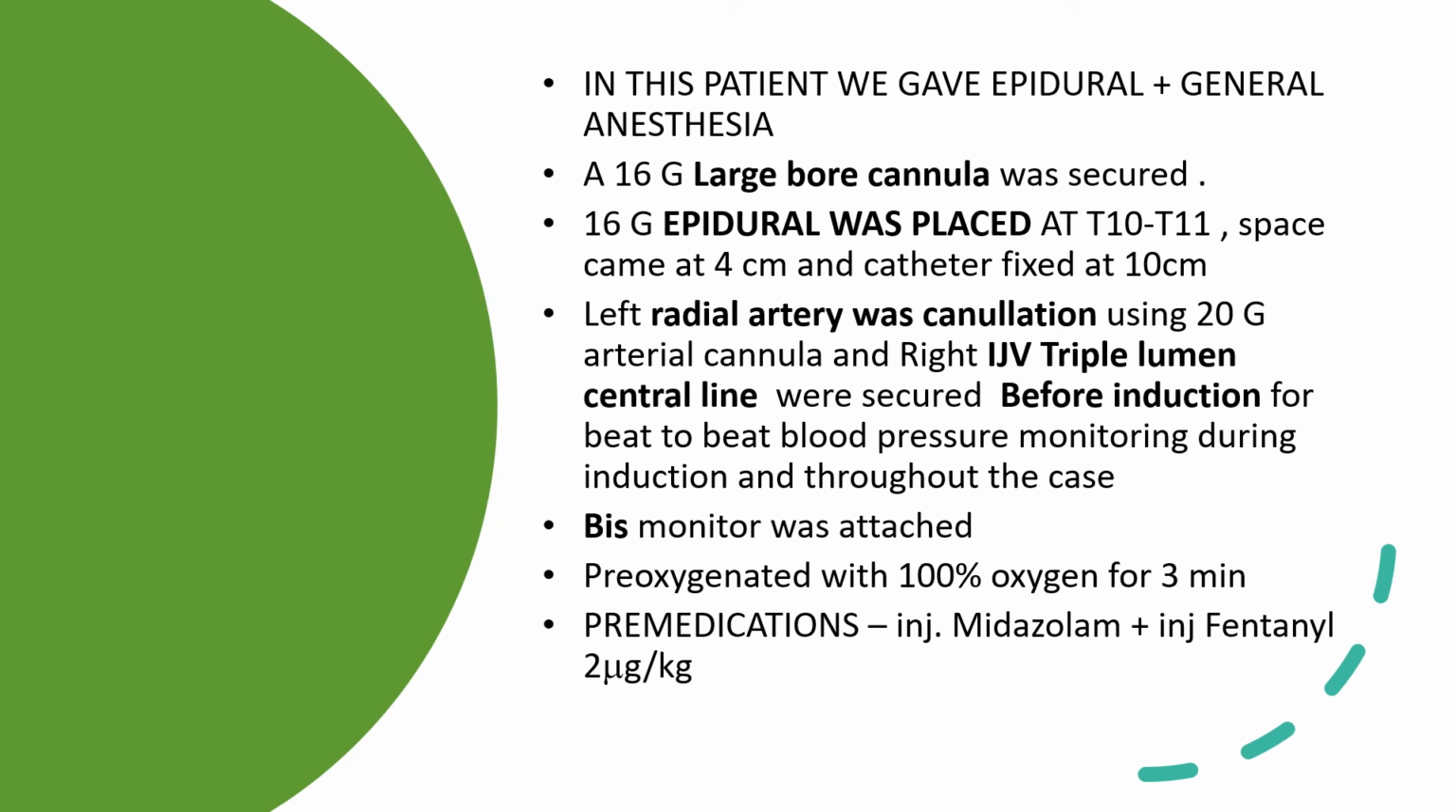The plan of anesthesia for this patient was epidural plus general anesthesia. Epidural for intraoperative pain plus post-op pain as well, and obviously general anesthesia since it was a major surgery. We secured a large bore cannula, and the epidural was placed. Both the radial artery and the central line, that is the right IJV cannulation, were done before induction of anesthesia